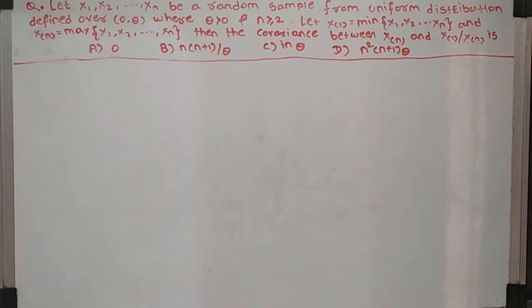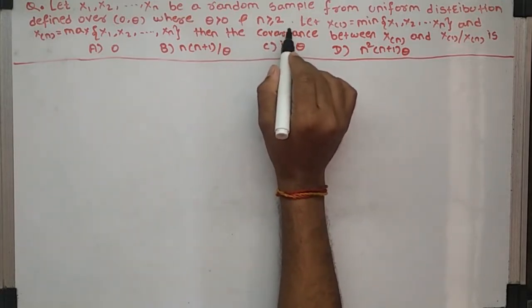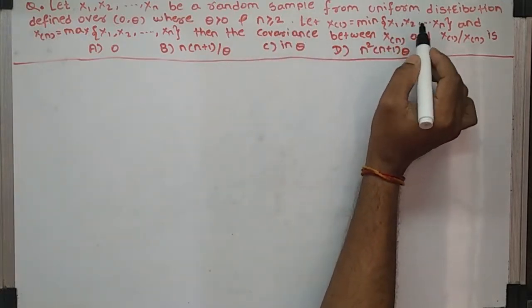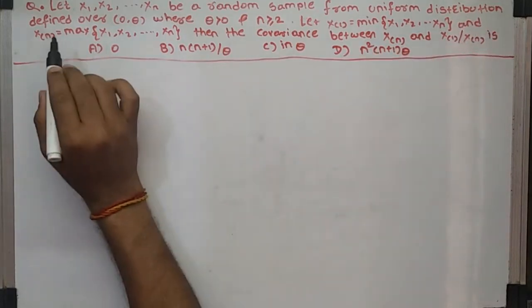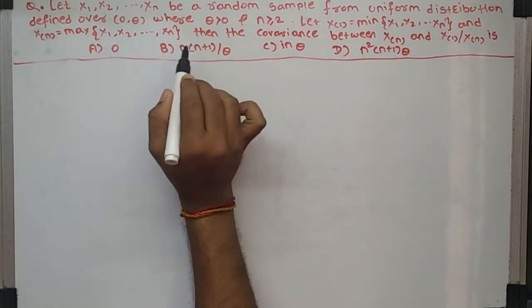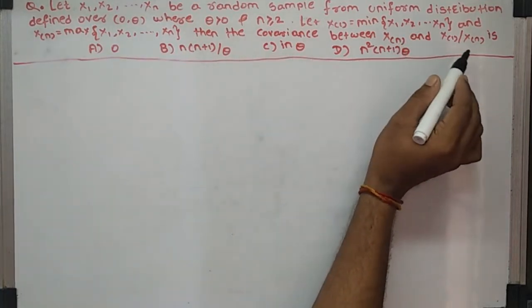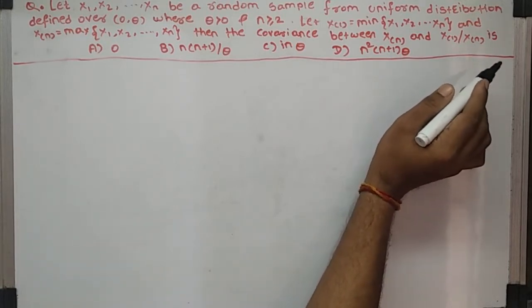Let's get started. Let X1, X2, ..., Xn be a random sample from the uniform distribution defined over (0, θ), where θ is greater than 0 and n is greater than or equal to 2. Let X(1) equal the minimum of X1, X2, ..., Xn and X(n) equal the maximum of X1, X2, ..., Xn. Then the covariance between X(n) and X(1) divided by X(n) is